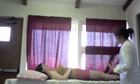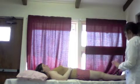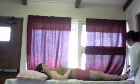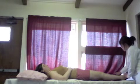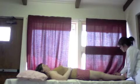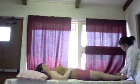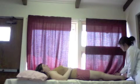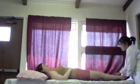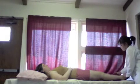So I've inspected the lower extremities. Everything looks good. Her skin color is fine. No edema. I'm going to go ahead and palpate her feet down here, noting the pedal pulses, which I feel, and those are good. They're strong bilaterally. A lot of times nurses will just do these lower pulses, but you can